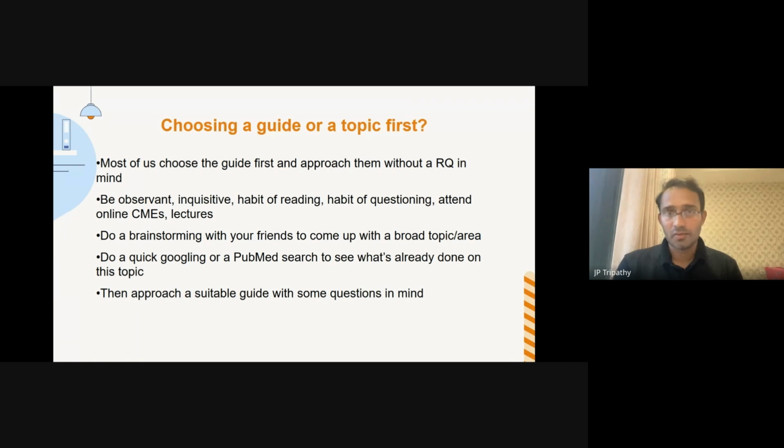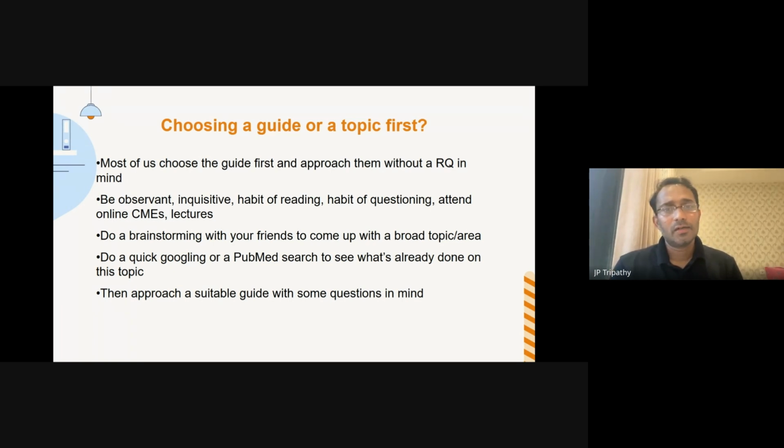You have something in your mind. You may or may not convert your research question into a protocol. You may have a different question altogether later, but at least you have thought of a research question, or at least you have some interest in some area to work on. That's what I think guides would like students to come up with.